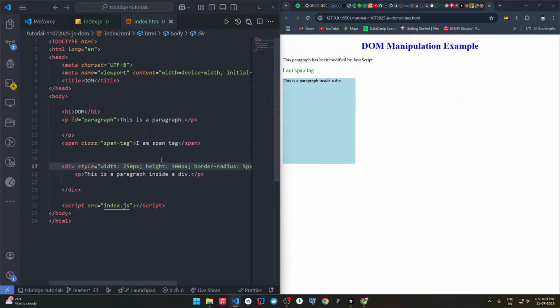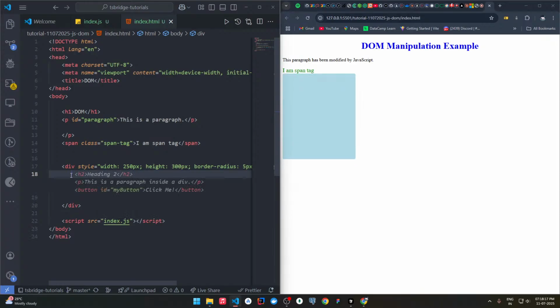So we need either JavaScript or PHP, which was used earlier. But now we use some modern technologies which we will talk about. First, let's create something interactive here. So let's first remove this, and inside this we will create,